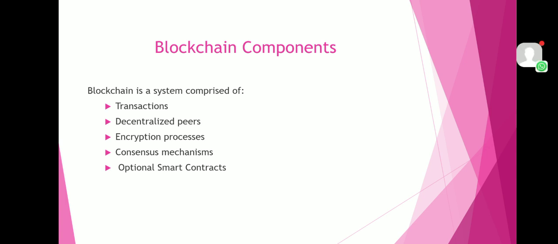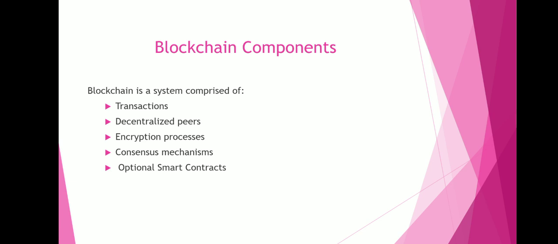We know that the Bitcoin network is designed using blockchain technology. Whenever we perform transactions, they are recorded in the blockchain network, and whenever you deploy smart contracts, that is also a transaction. So that is about the transaction. The transaction details can be stored securely in the blockchain with particular timestamps, and blockchain systems have decentralized peers. So we can define the blockchain network as a decentralized network.